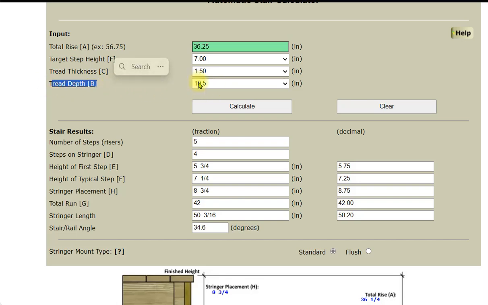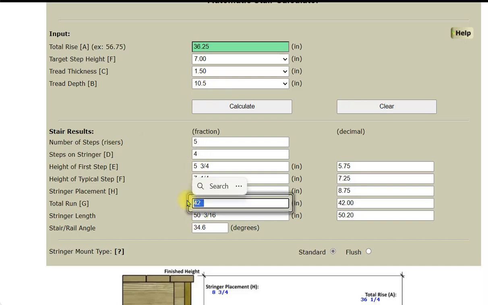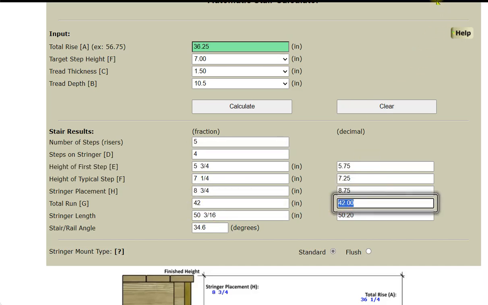If we use a tread depth of 10.5 inches, we can calculate the total run by multiplying the number of treads by the tread depth. So, in this case, the total run will be 4 treads x 10.5 inches, which gives us a total run of 42 inches. Now that we have our rise, run, and total run, it's time to lay out our stair